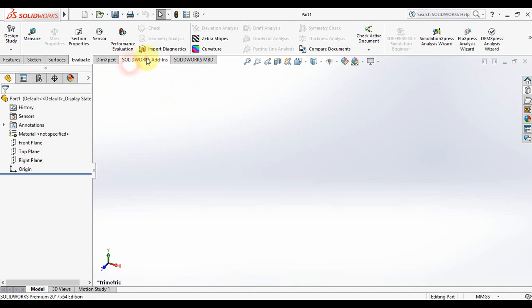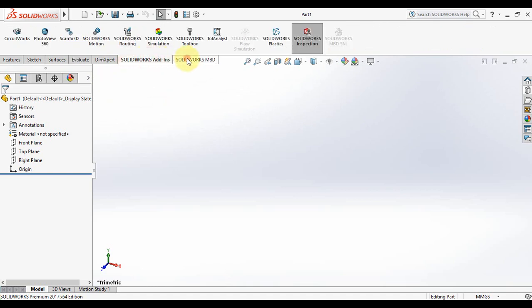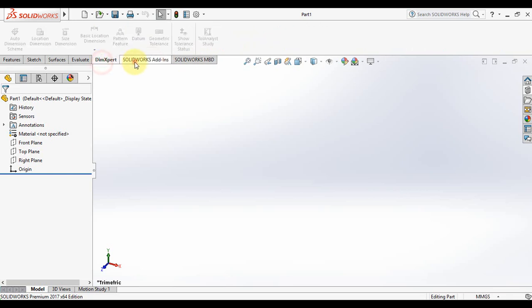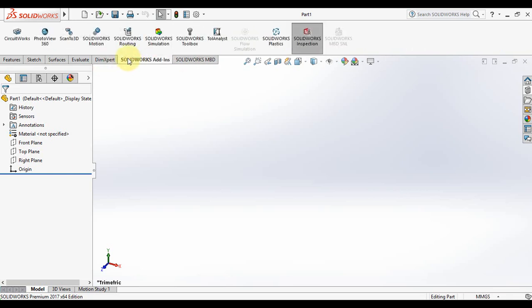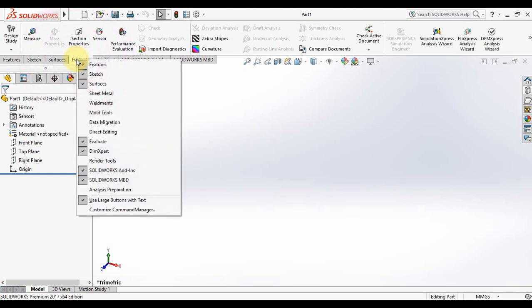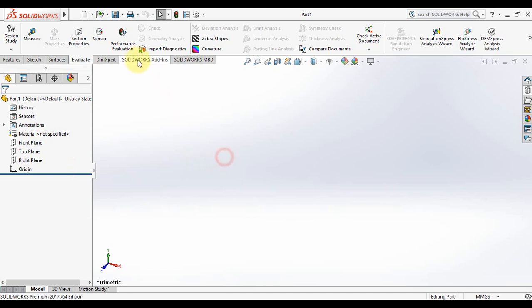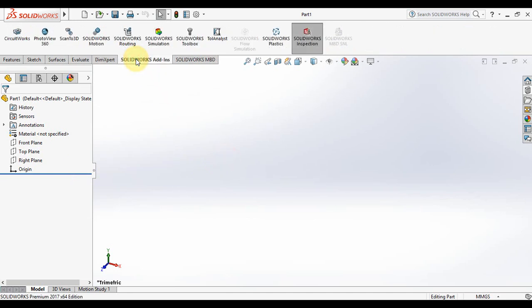What we have to do is here in these tabs, you're going to find different tools that we haven't used. Here under Solidworks add-ins, if you don't have this tab on your computer, you simply have to right click on one of the tabs, it doesn't matter which one, and make sure that the Solidworks add-ins has a tick on it. If it has a tick, you're going to see this tab. So here under this you can see that Solidworks has a lot of different applications, and all those applications work for different things, but the one that you need is mainly this one that says Solidworks Toolbox. When you click on Solidworks Toolbox,